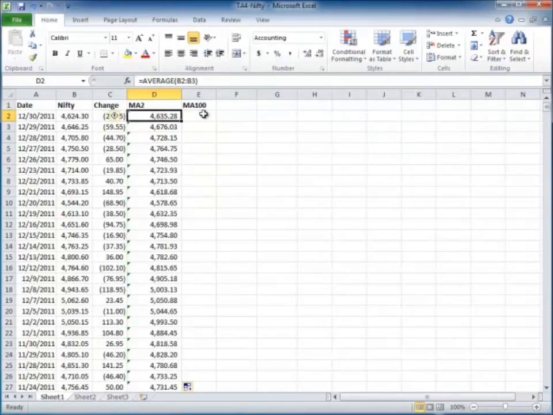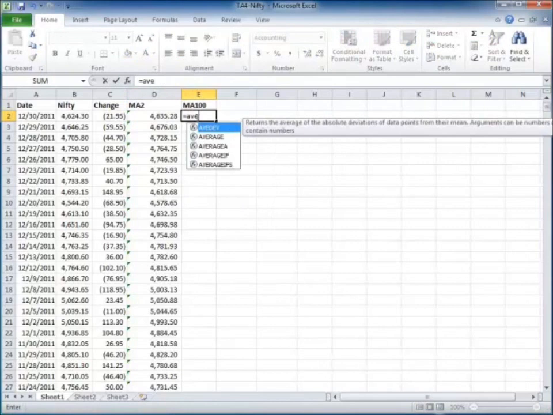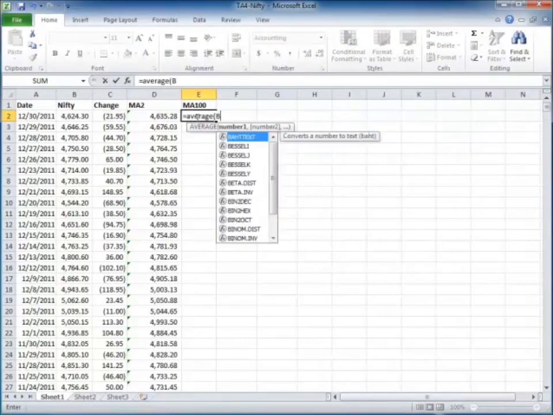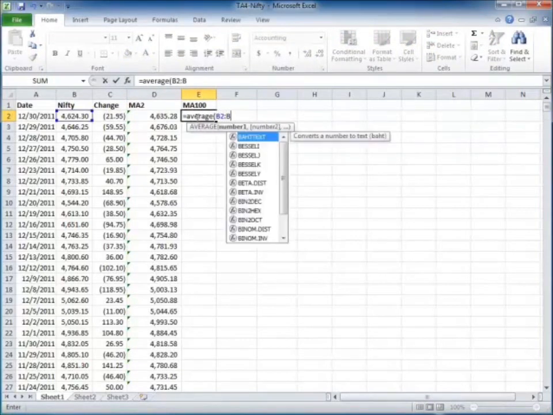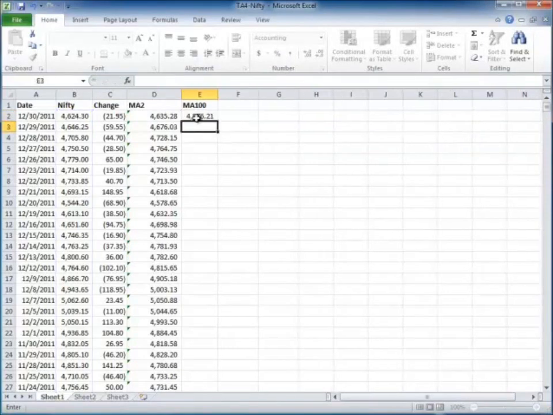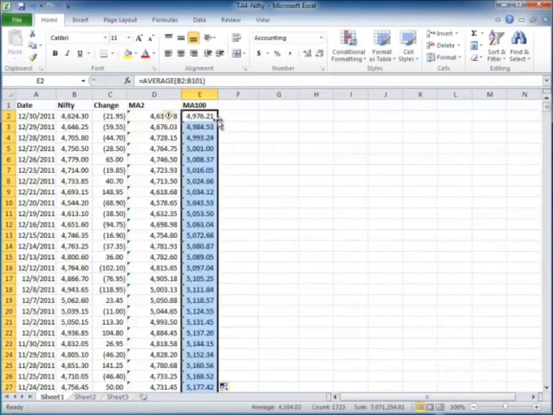So what I will do instead, okay, so here I have B2 to B3, that gave me 2 days. So to get 100 days, I need to average B2 up to B101. So this here is the 100-day moving average. Alright,